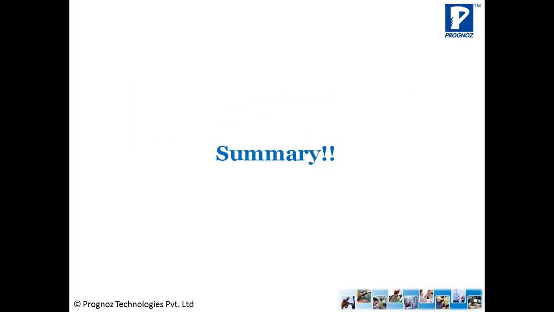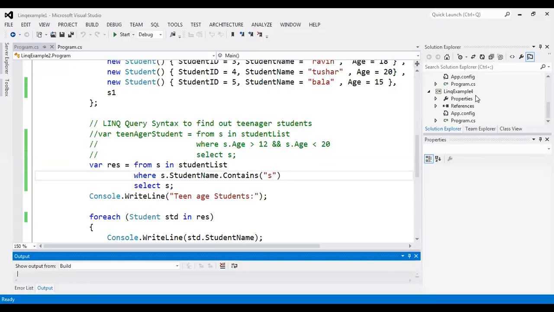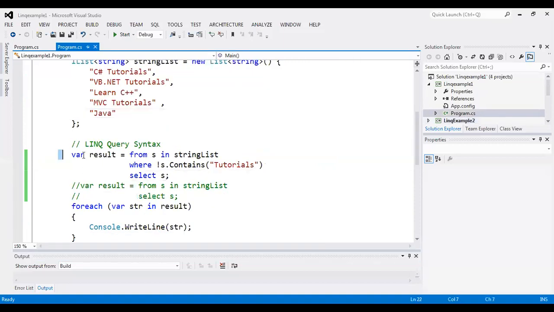Now let's see the example of method syntax first. If I want to work with the same using method syntax, I just want to replace this query syntax with the method syntax. How can it be replaced?